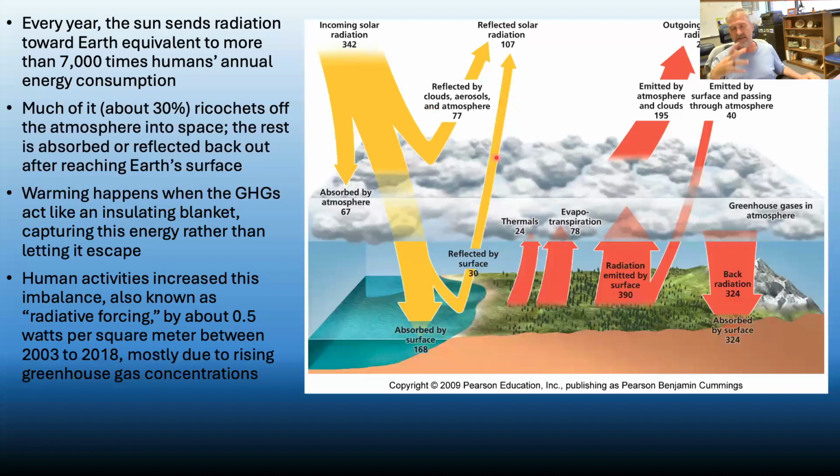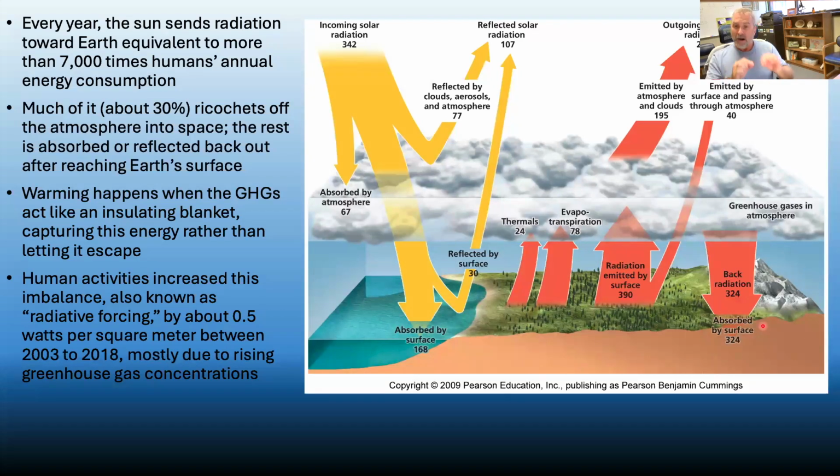And we can quantify this, and there have been a number of studies that have done that. So warming happens, as I described earlier, when these greenhouse gases act like an insulator and capture that energy rather than allowing it to escape into space. Again, there are some good things associated with that. The planet being warm enough to support the myriad of plants that we have, and the climate being as stable as it has been over the last 10,000 plus years, has allowed us as a species to develop in ways that probably wouldn't otherwise have been possible.